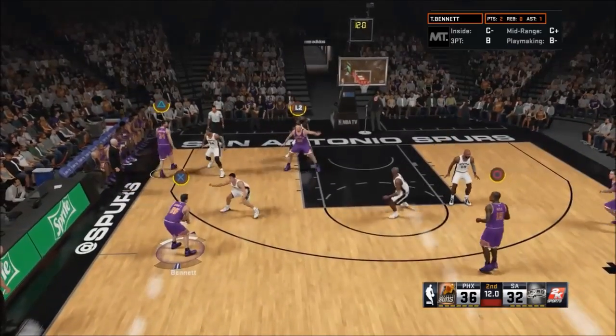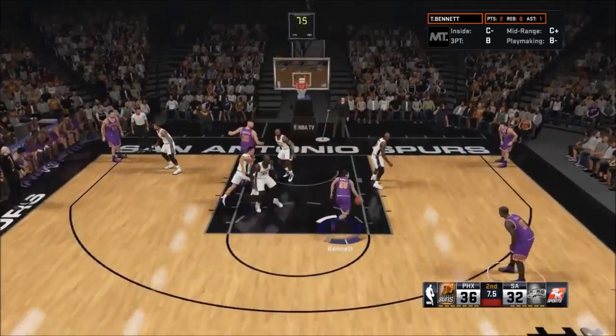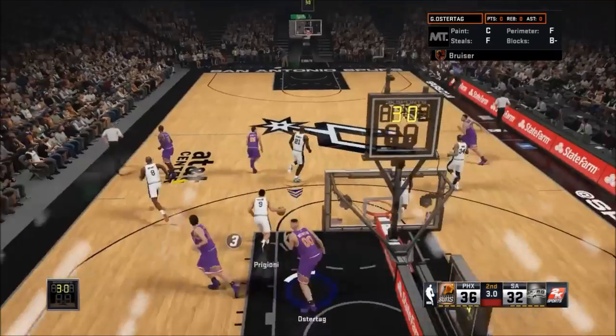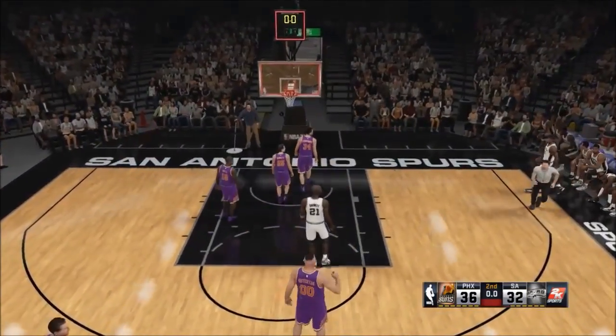Here's Bennett. Picked by Ostertag. Bennett kicks to Bell. Off target with his 3. Here's Prigioni. Can't get it to go. Close game is...